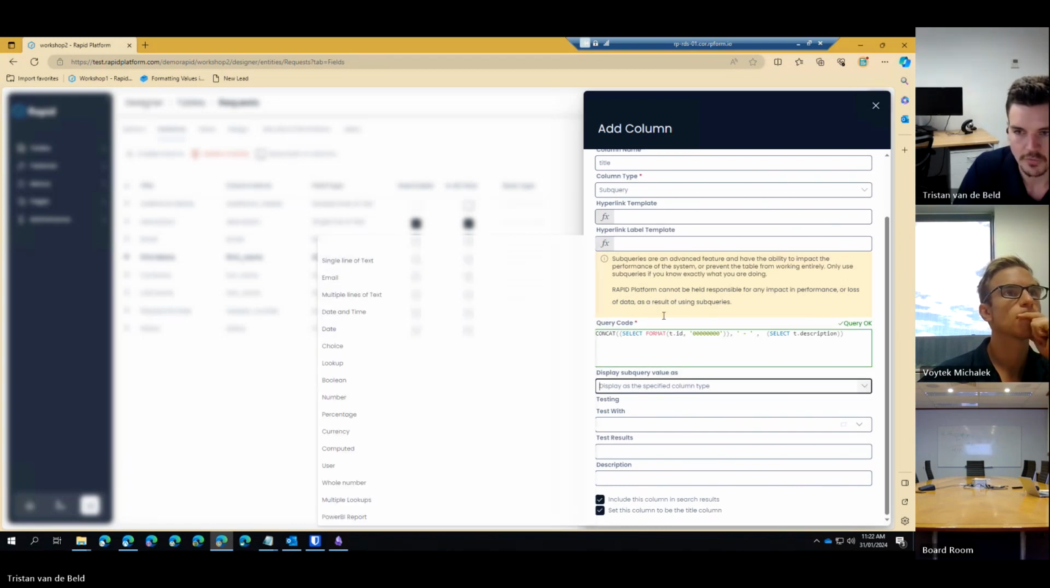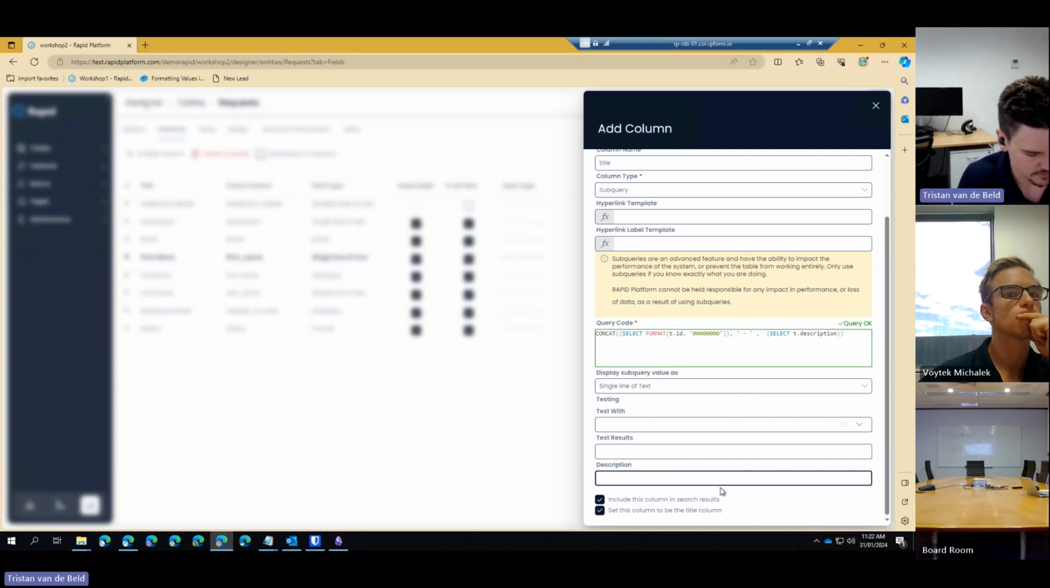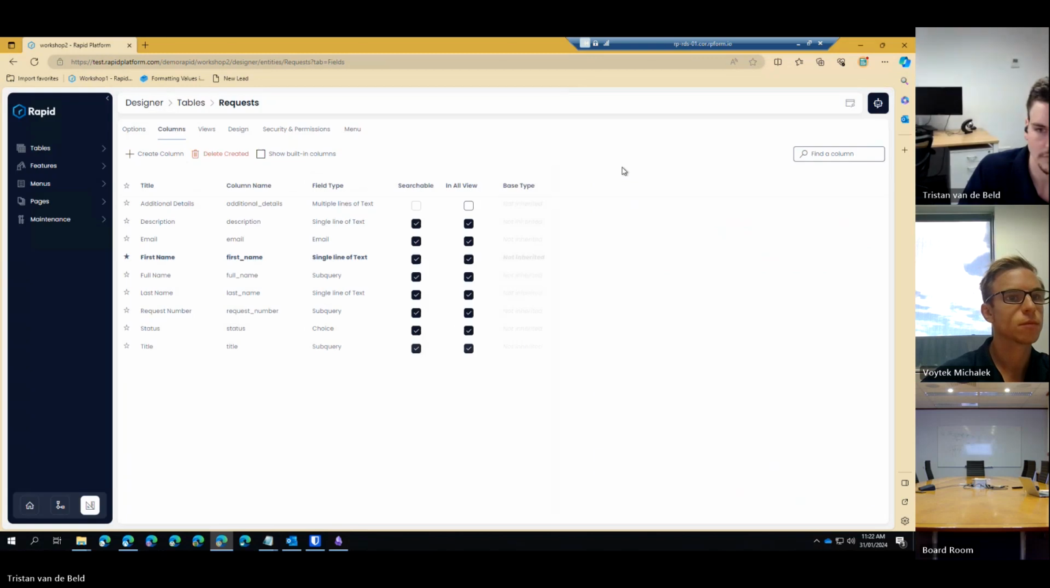And then we want it to be a single line of text. In the description: a system generated title column from the request ID and the request description. Great. So now we've got our table. Our table's created. And now the next thing we want to do is start designing